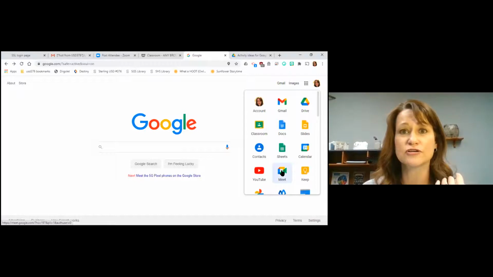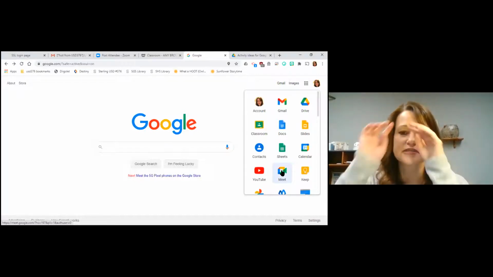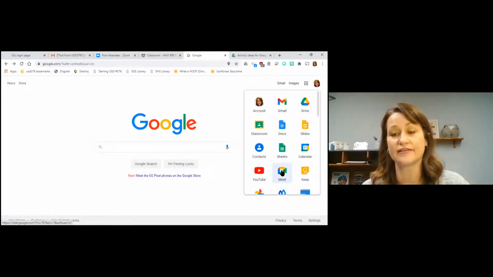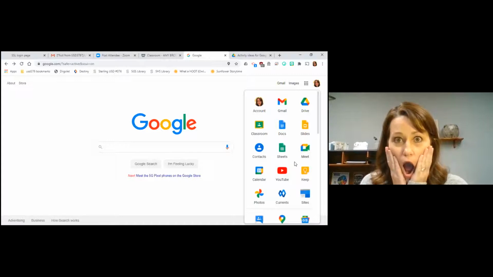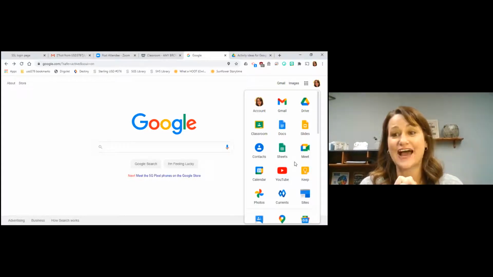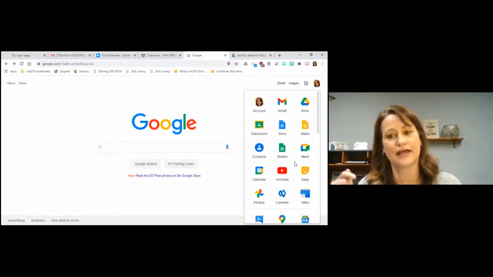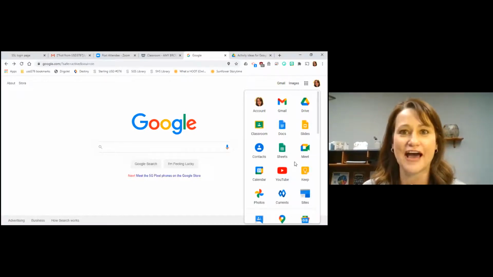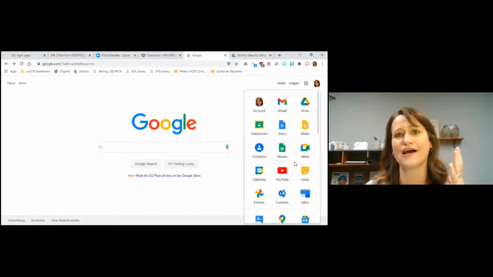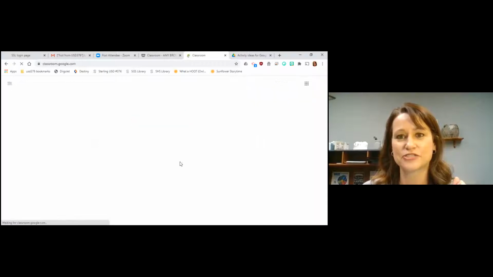One thing I learned at some PD this year, which I had never known before, is that you can drag these around and organize this however you want. I didn't realize that. So I was excited to put my favorite things or the things I use more up at the top. I didn't know that I don't have to scroll down every single time. I just love those tiny little hacks that are small, but you just think, oh my gosh, my life just got easier. So I can click on Classroom,